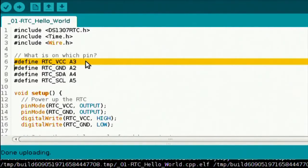And then in some other cases, when we get later, we'll be using pins a lot more often in the code. But I could write A3 in every single one of those places. But then if I ever decide to change it, let's say I want to port this code to work on a Leonardo where the pin is on a different pin, I could go through all of my code and look for all of the places where I wrote A3 and hope I caught them all,